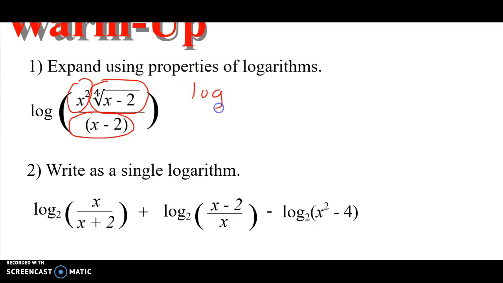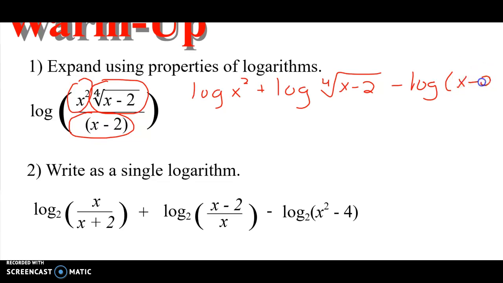We have three chunks here. The first being x squared. That would be added to the log of the fourth root of x minus 2 because they were multiplied. And then I would be subtracting log of x minus 2. Then exponents come out front. So this is 2 log of x